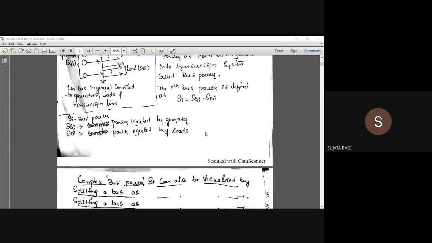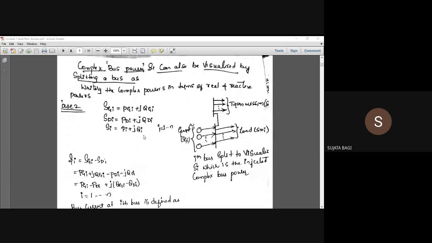And if this is all general, some equations will be there, because these equations are very important for further derivations. So generation, complex power. Here we are dealing with so many complex powers. So you can call it power SGI. I'll be taking it as a power. So this is real and reactive power. Total power towards generation is nothing but real power plus reactive power, PGI plus jQGI, where G means generation side, and this is demand power.